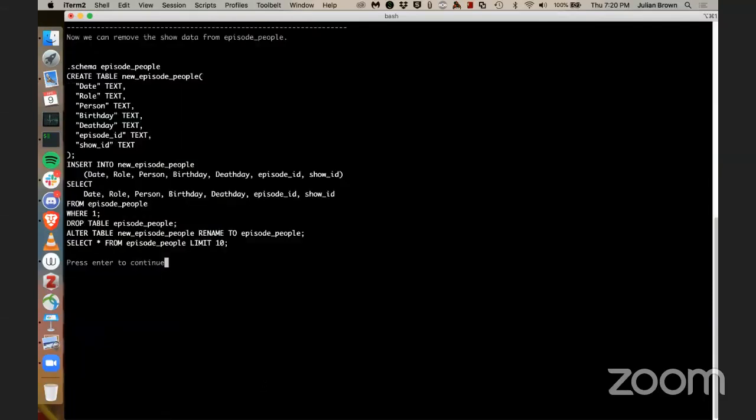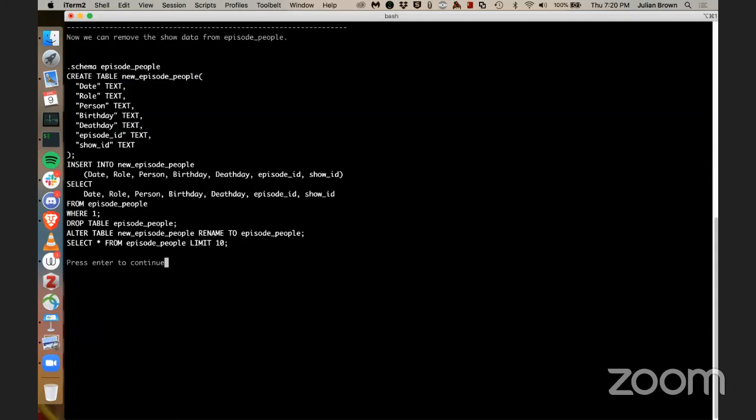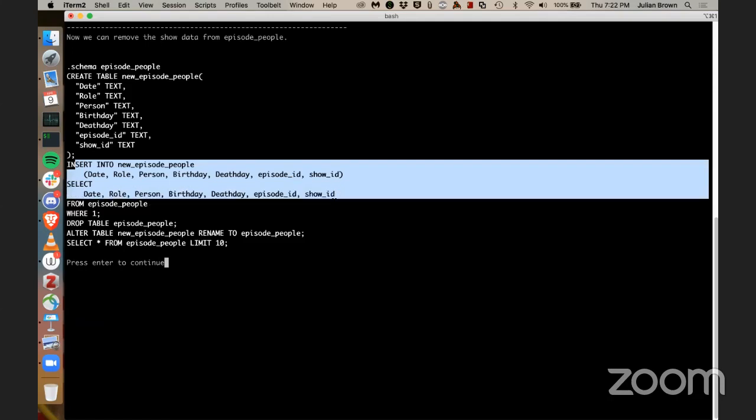So now I'm actually going to pull the show data out, or deduplicate or normalize the data, out of the new episode people table here. As you can notice, there's no show column here because I removed it to another table. And I will be able to join on show ID here. So first I create the table. I then do the insert into that table